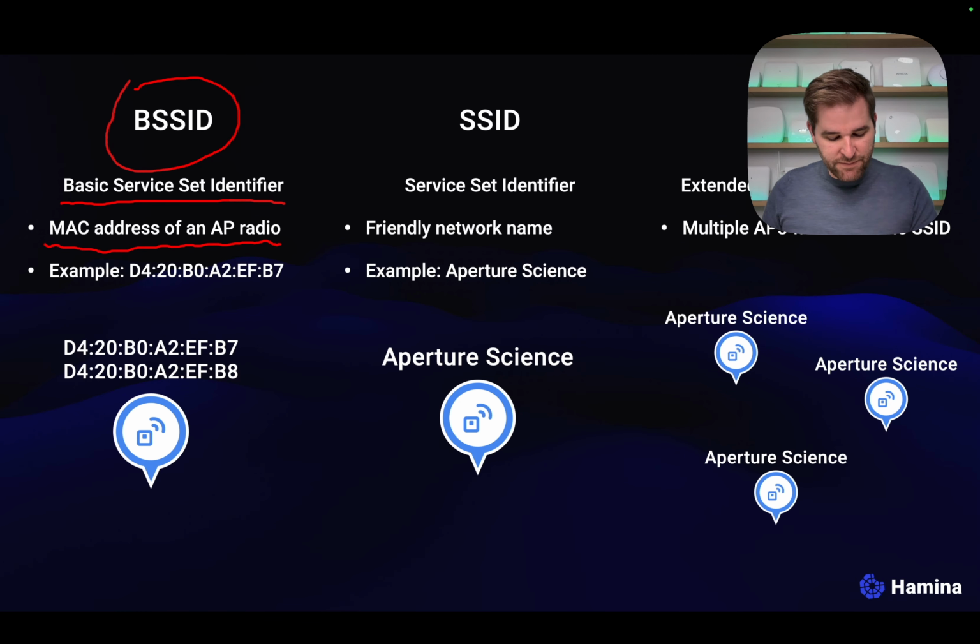In fact, if you look at my iPhone, the Wi-Fi adapter has a unique MAC address. I think the cellular radio has a unique MAC address. The Bluetooth adapter has a unique MAC address. The Bluetooth adapter on my smartwatch has a unique MAC address. Every networking device out there has one. It's going to be a hexadecimal value, for example,